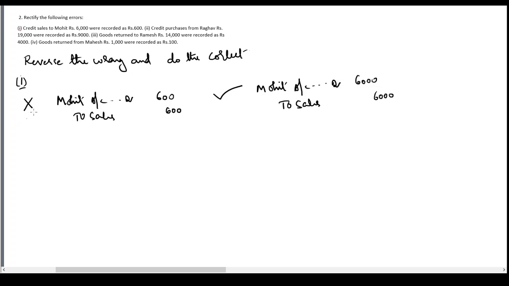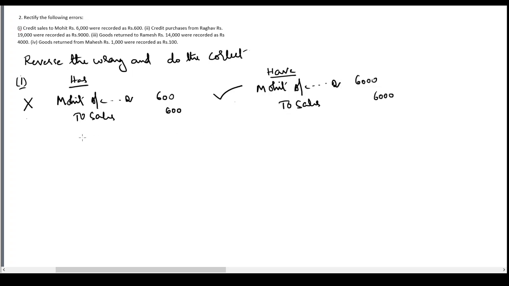This has been done. This should have been done. Now what should I do to remove my error? What I have to do is I have to reverse the wrong and I have to do the correct.